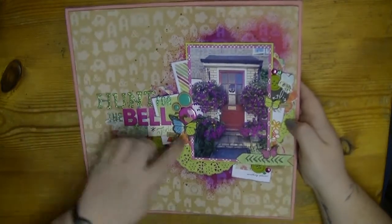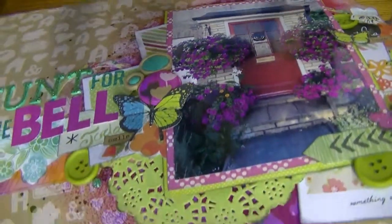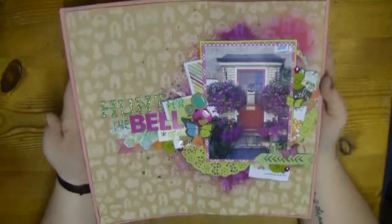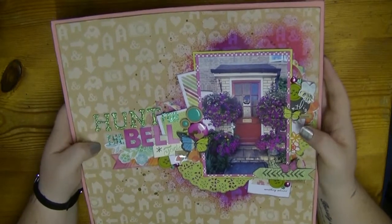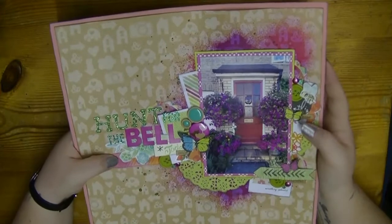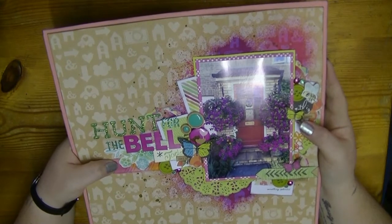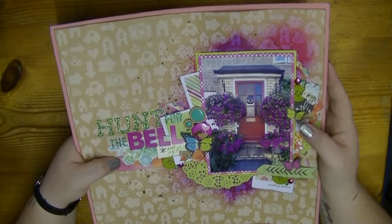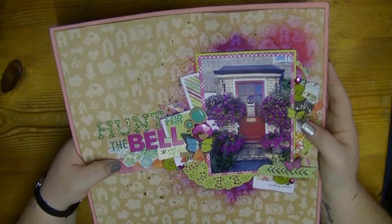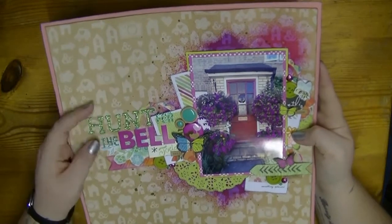There are butterflies on this layout. There are 3 butterflies, and I almost, if I bring it up here so you can see, I almost let myself get away with it because this is the front of my parents' house, and my dad is renowned for his hanging baskets that he does outside the house, and how ridiculously huge they get, and he's been doing it ever since I was a child. There are many photos of the front of the house with ridiculous amounts of huge hanging baskets on, and my mum works from home,